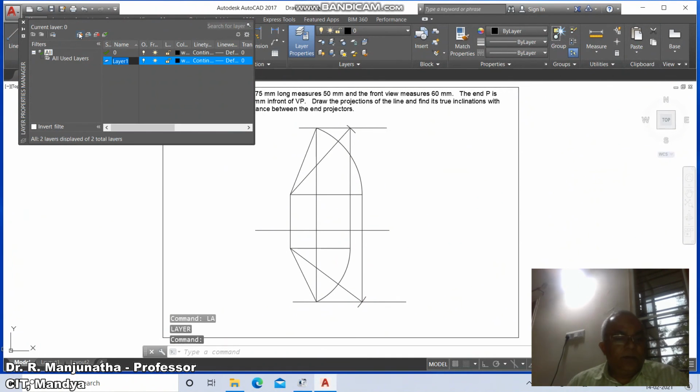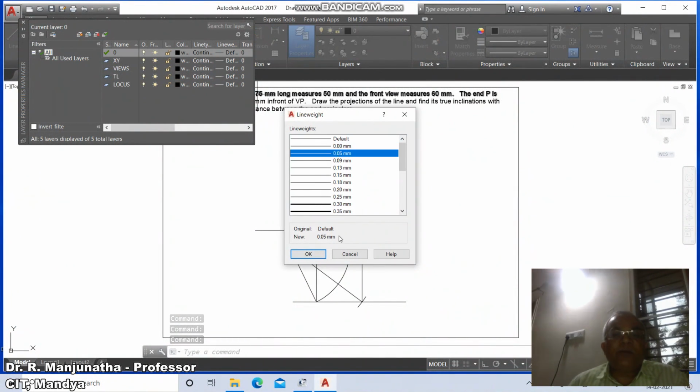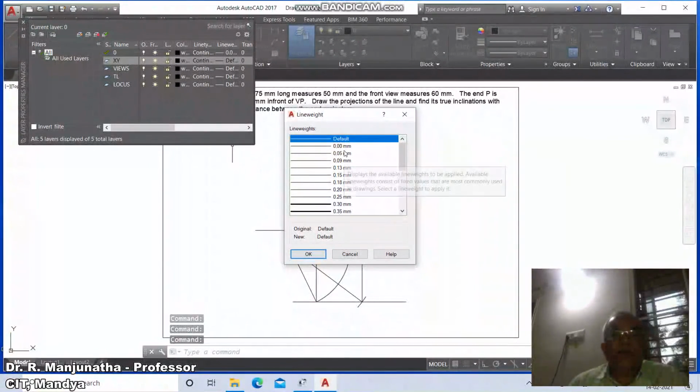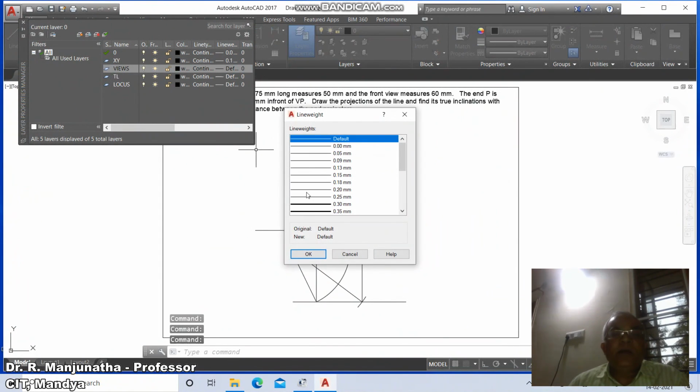Go to new, type XY, enter, go to new, then go to views, then go to new, here type XY, true length, and then go to new and type locus. So here go to line weight default, make it as 0.05 and say OK. Then go to XY and make this as 0.13 and say OK. Then go to views default and make it as